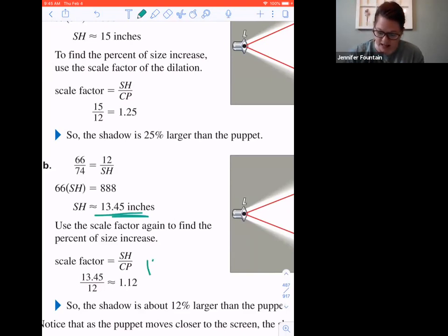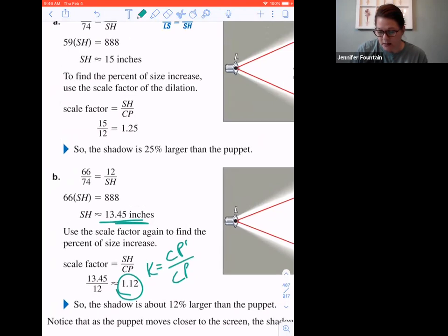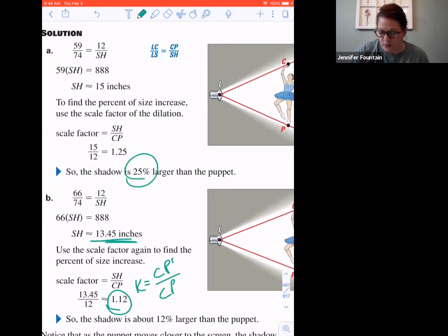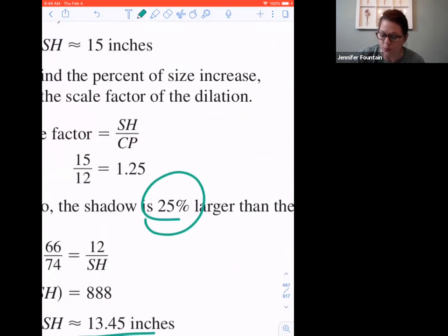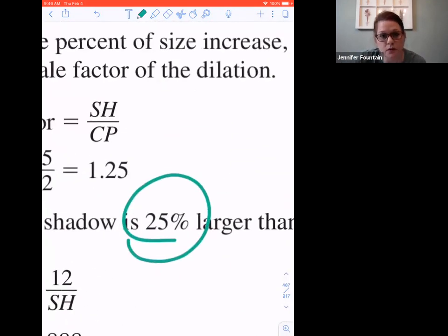Again, I still have K is equal to CP prime over CP. So K is approximately 1.12. Okay, so now the next thing they say is when they look at our percentages, and that's one of the things I didn't read the entire question. By what percent is the shadow larger than the puppet? So if I'm at 1.25 as a decimal, I want you to think about